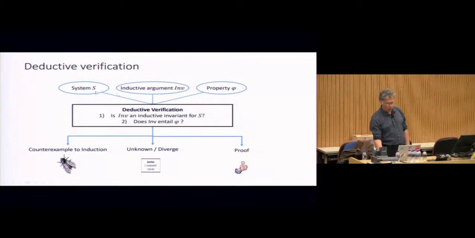So the way we're going to prove that a system S satisfies some property is we're going to make an inductive argument, the same way we're going to argue some mathematical property inductively. And so we're going to have to come up with some inductive argument, and then verification is the process of saying, is this inductive invariant that I can prove for S strong enough to entail or imply the safety property? And when I do that, I might get a proof, I might get a counterexample, or I might not know because of undecidability.